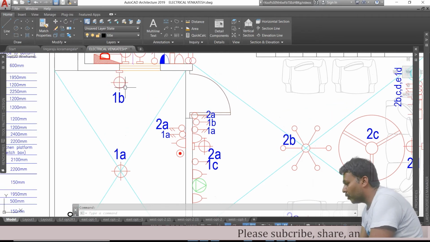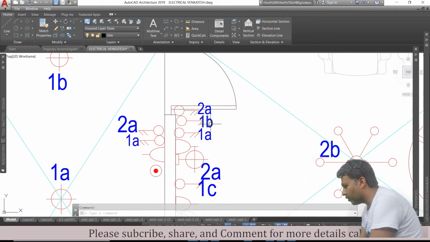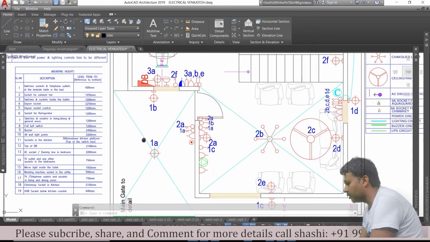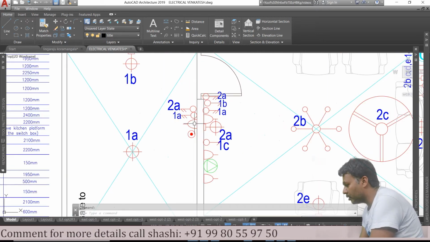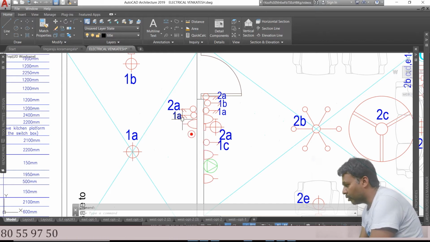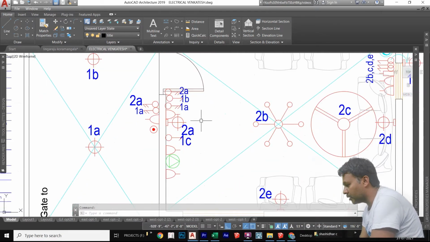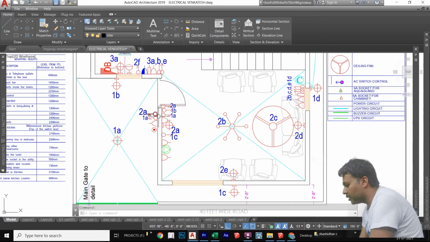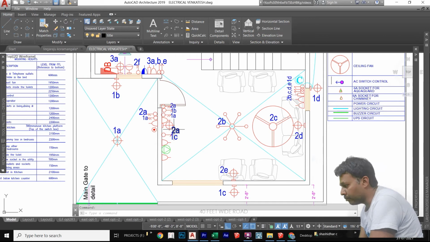And one more wall point I have given here, which is a one-way point, and he can switch it off here. So a minimum of 2 points is required here. I provided one switchboard here for the calling bell point, one 5 amp socket, one two-way switch for the ceiling control, and one two-way switch for the hall also. So this is the right and best place for the switchboard.